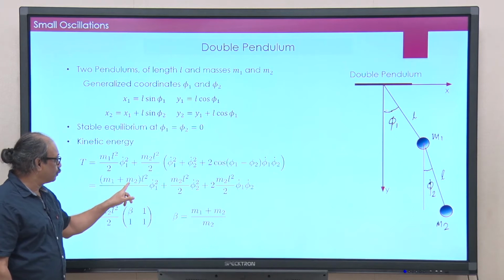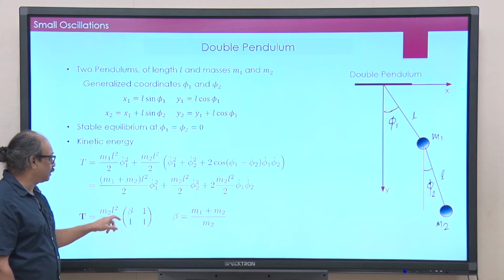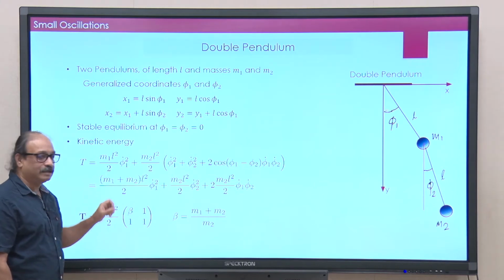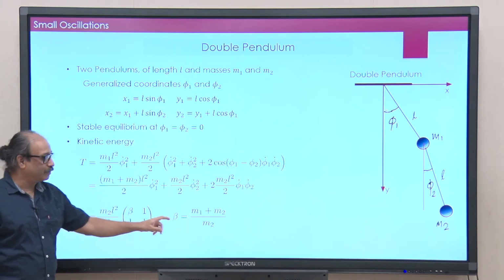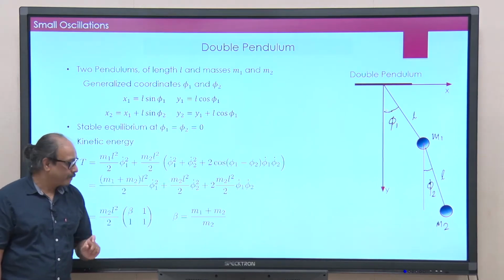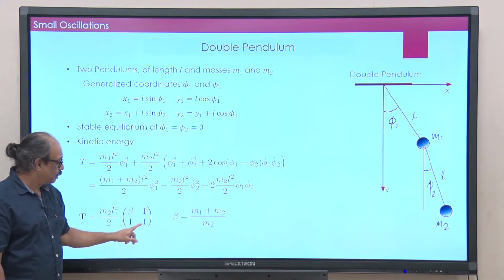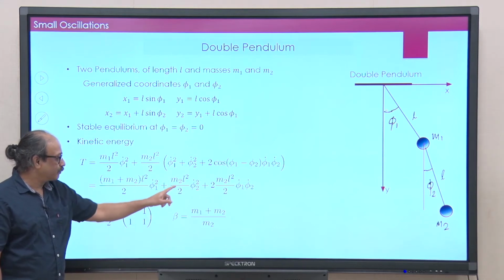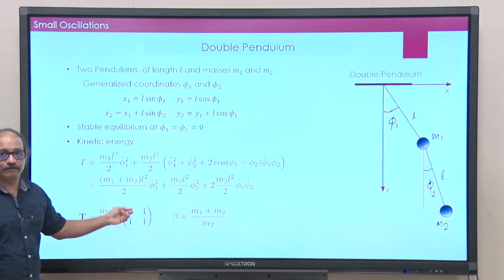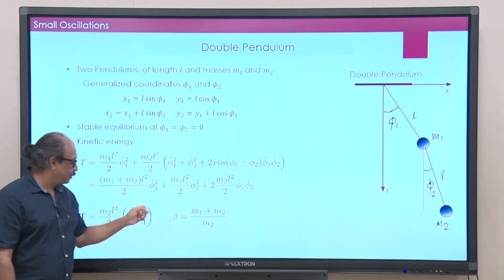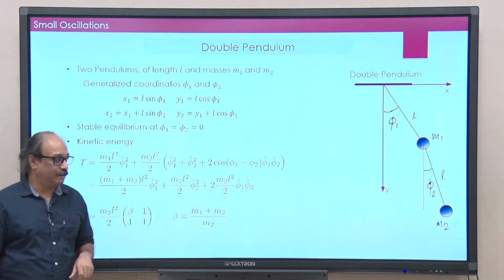Remember, there is a m 1 m 2, and I will divide the whole expression by m 2 L square by 2. So, what you get is in T 1 1 m 1 m 2 divided by this m 2, and that is what I am going to call as factor beta. So, you have beta here, then this factor is also m 2 L square by 2. So, that is basically 1 here, because I have taken this m 2 L square by 2 as a common factor outside, and same thing for the remaining two terms. So, this is the kinetic energy matrix.